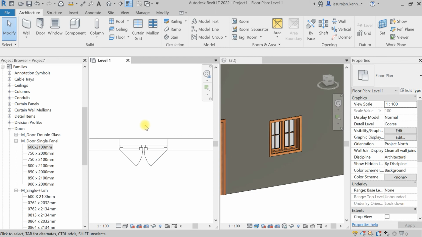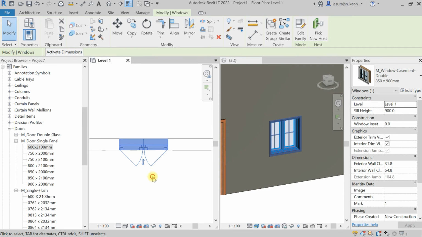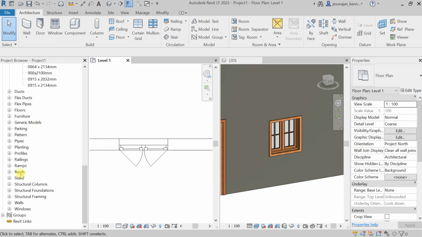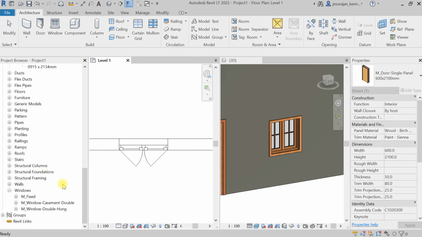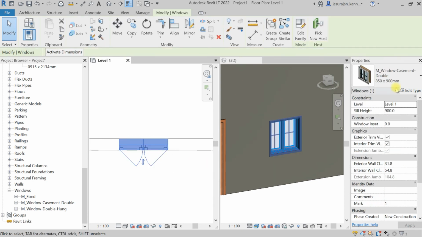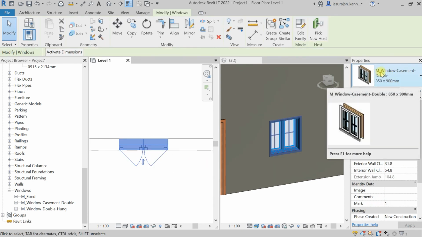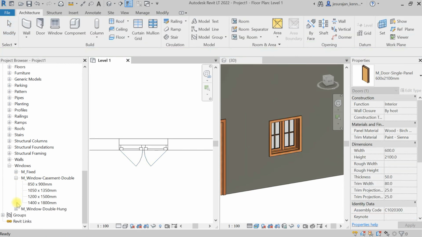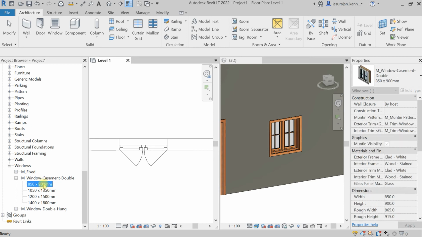Okay, to duplicate or create a new type of window, you can do it in the project browser itself. If I select this window, the family type is M window casement double. So here also we can see M window casement double. In case you want to duplicate or create a new type of window, then you have to select, right click, duplicate, and give a name